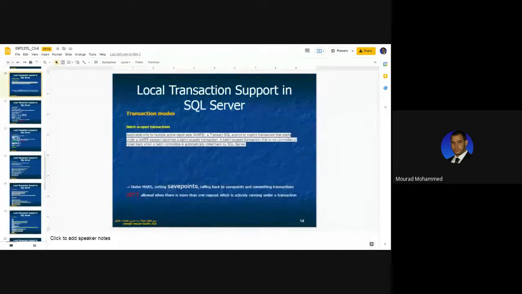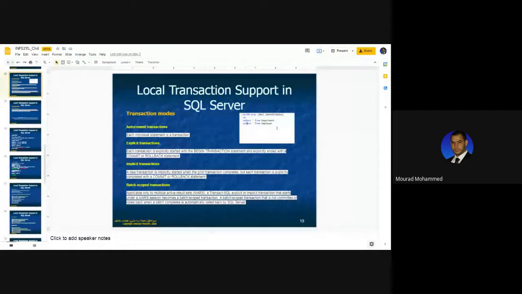One of the 4 transaction modes was the batch scope transactions. We have 4 modes, mainly the automatic or auto-commit transactions. They are the ones that have only one statement to do, one query to do. And the explicit and implicit are the transactions that have to start and be terminated within a given scope. When we talk about the explicit, they have to have a startup and a termination manually